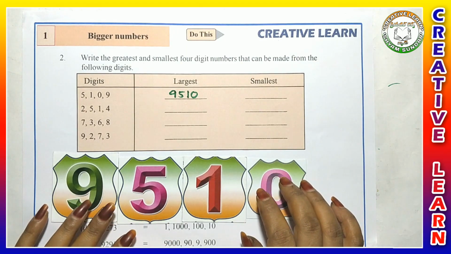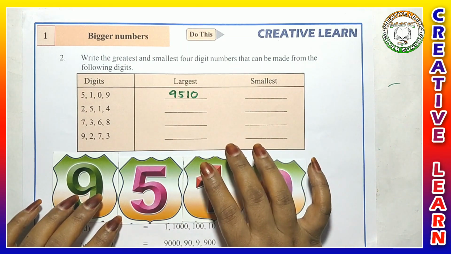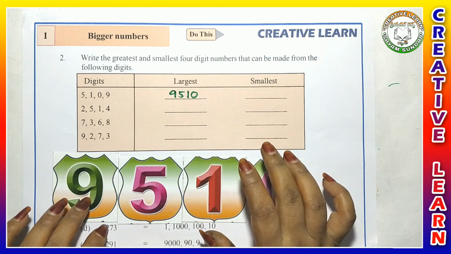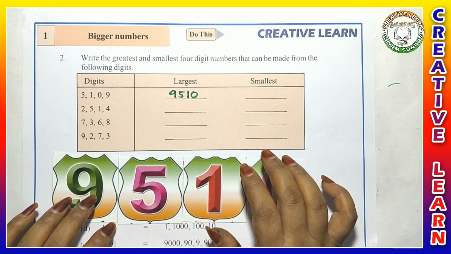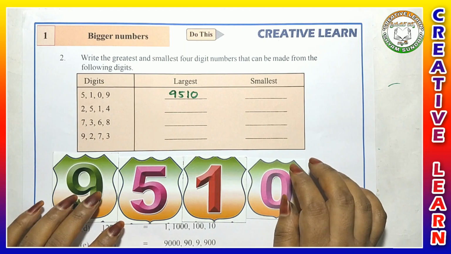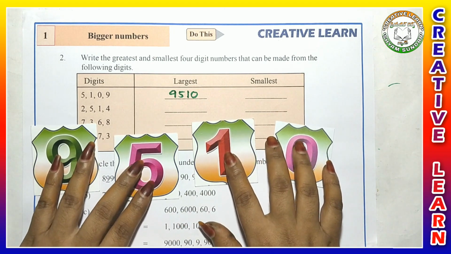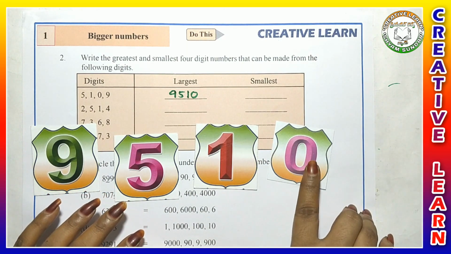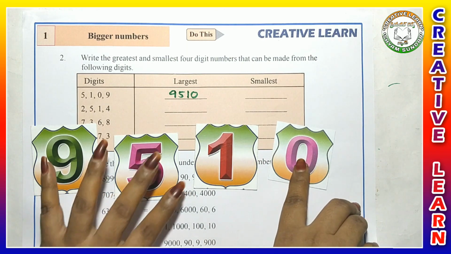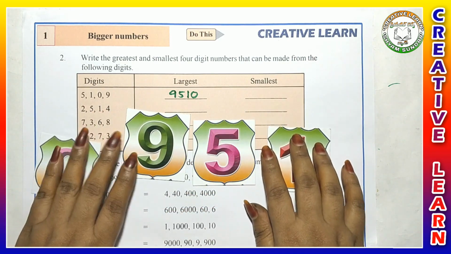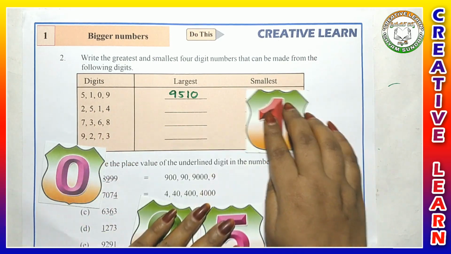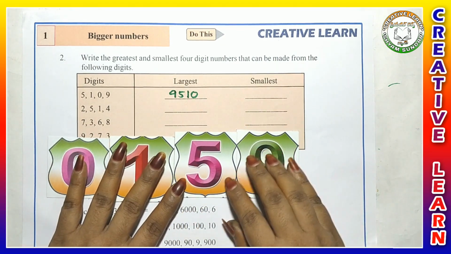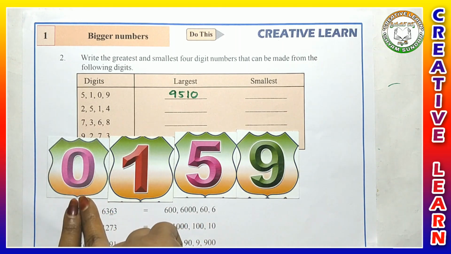Just do it in reverse. When we form the largest number, we take the largest digit in the thousands place. When we form the smallest number, we have to take the smallest digit in the thousands place. So from these 4 digits, which one is the smallest? 0. But if we take 0 in the thousands place, like this, first 0, next 1, next 5, next 9, if we form it like this,